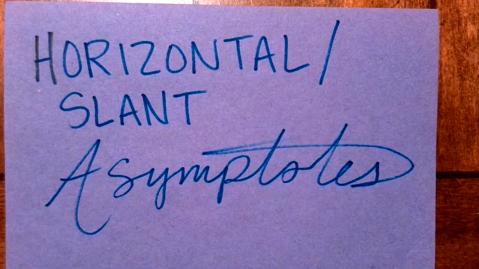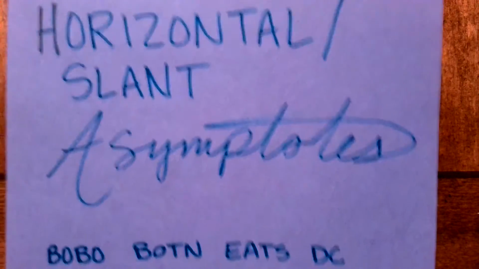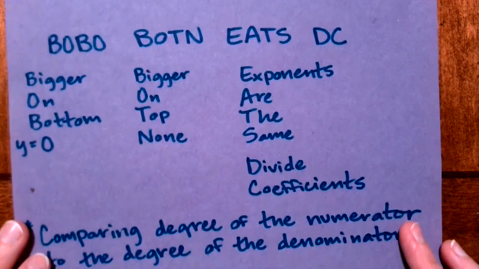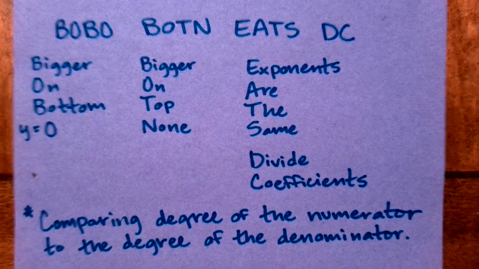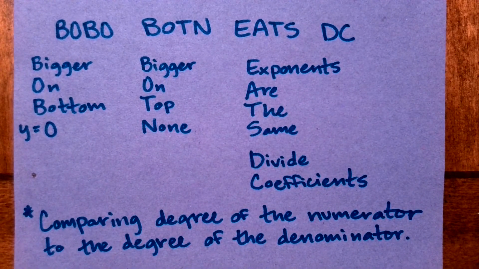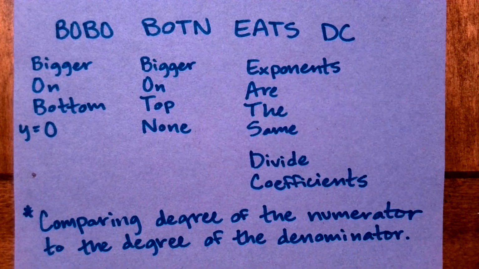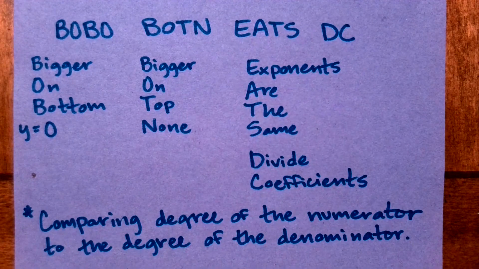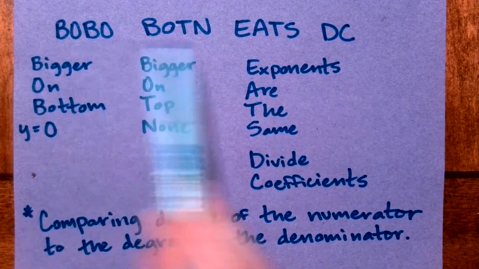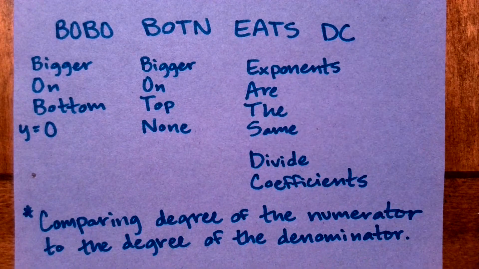Horizontal is a little bit more something that we have to memorize the process of. Somebody else has found this out for us, and then we just use that knowledge. The easiest way to remember it is using the acrostic Bobo Boatin eats DC. So if you have a way to remember that, or just memorize Bobo Boatin eats DC, I always like to picture Bobo Boatin as a clown, and then, I don't know, maybe he's a Marvel fan or something, but he's